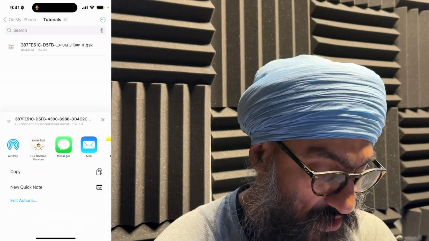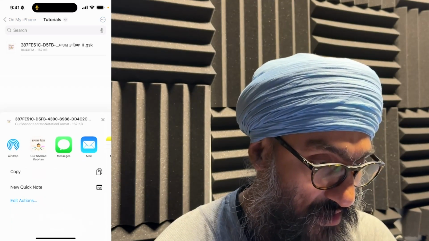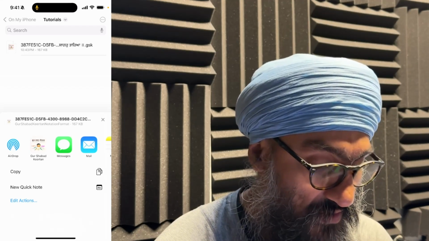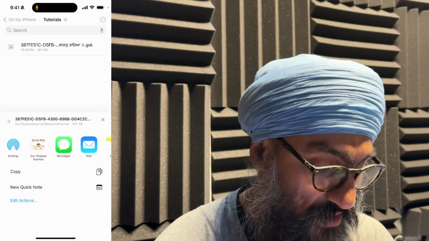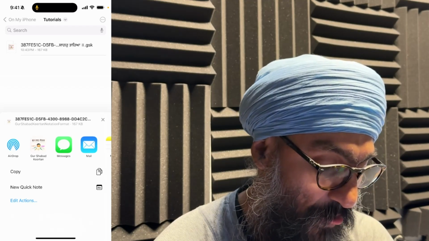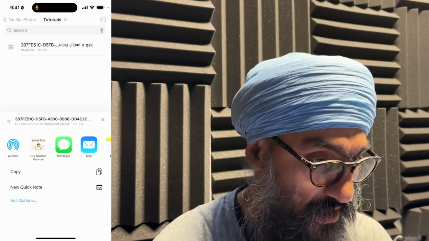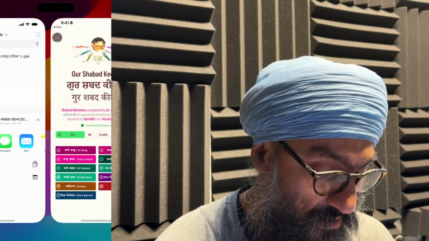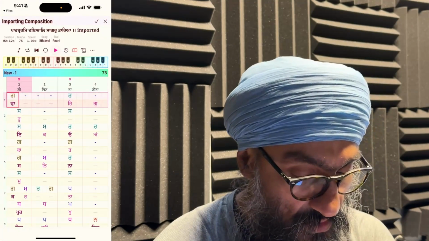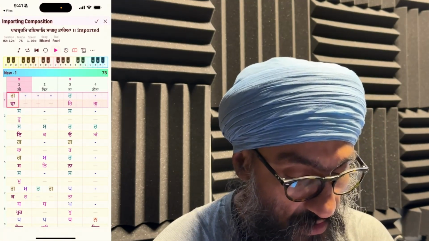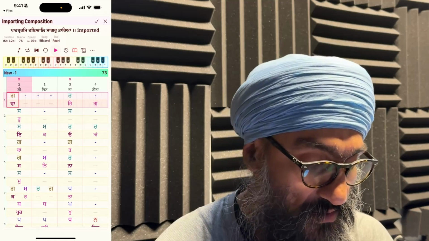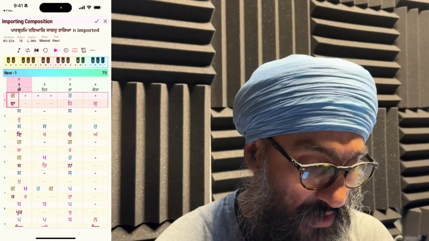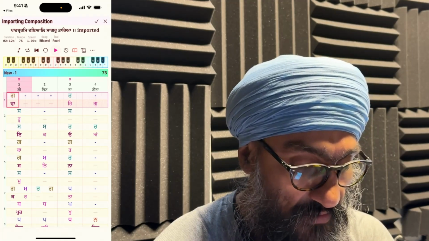when you share, let's say if I airdrop to somebody else, the receiver will see a similar option. You'll see this application as an application which can handle this kind of document. Then you tap, and you'll see this kind of UI. It says on the top, importing composition. If you tap cross on the top right, it won't do anything. But if you tap tick,